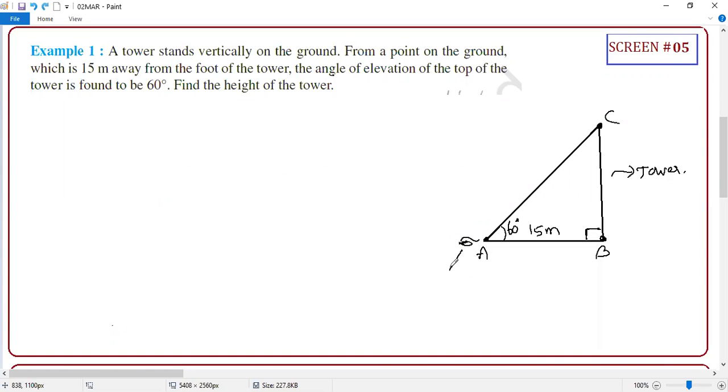At least, guys, two things are very, very important. You have to mark the observer and the object. Two things you have to mark in the diagram. One is observer, other one is object. The object is what? Tower. Top of the tower he is looking. Now the question is height of the tower. Guys, when you are reading this question, just visualize. You are standing in some place and you are looking into some tower. And you know the distance between you and the tower.